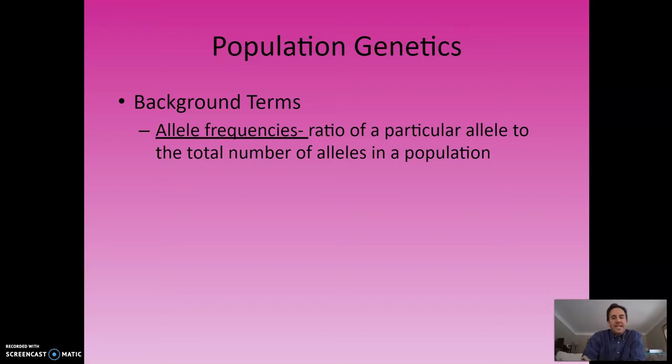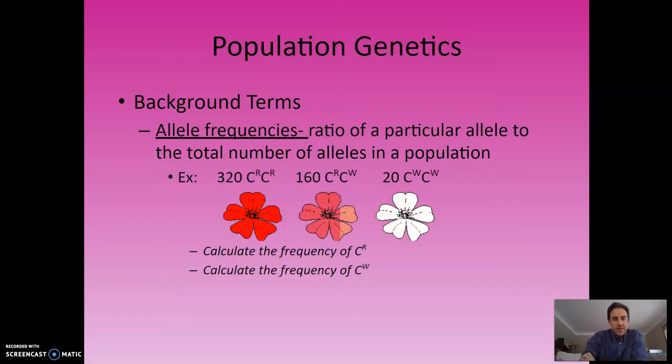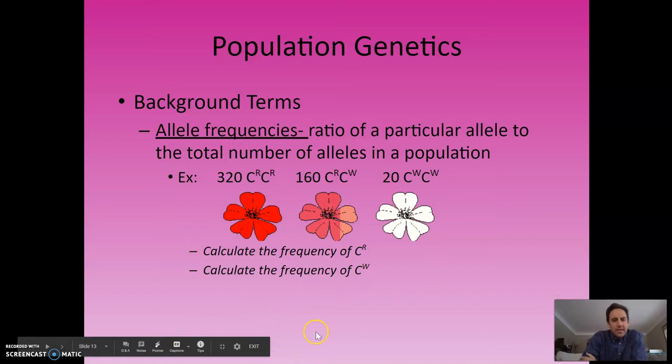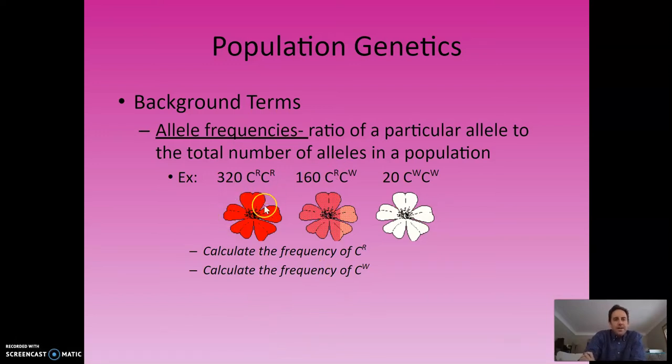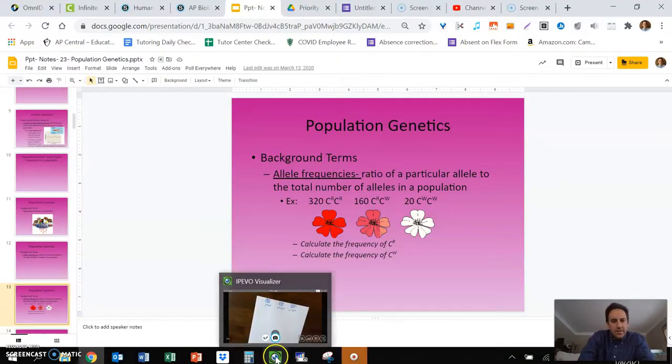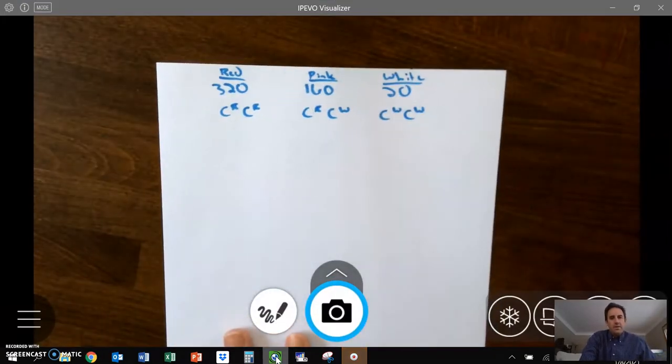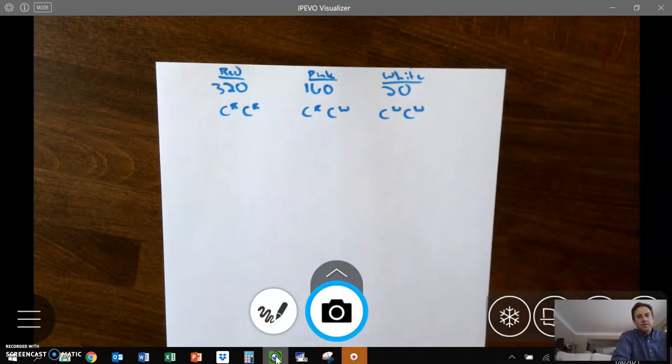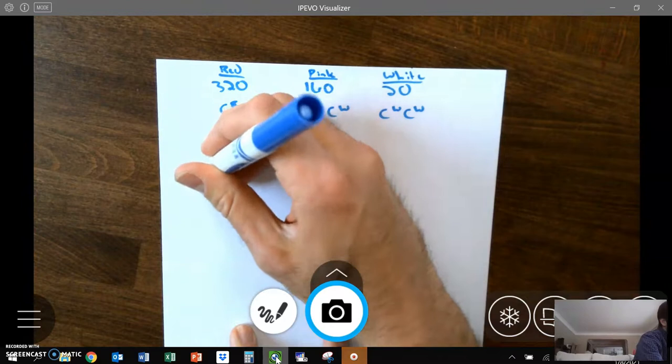The allele frequency then is the ratio of a particular allele to the total number of alleles in a population. I think you're probably pretty familiar with this from math, but just in case. Let's suppose this is an incomplete dominance example where you've got red flowers, pink flowers, and white flowers, and I said calculate the frequency of CR. How would you do that? Well, let's go to the dot cam here, and there's that same problem. So if I said calculate the frequency of CR and CW, so for CR,